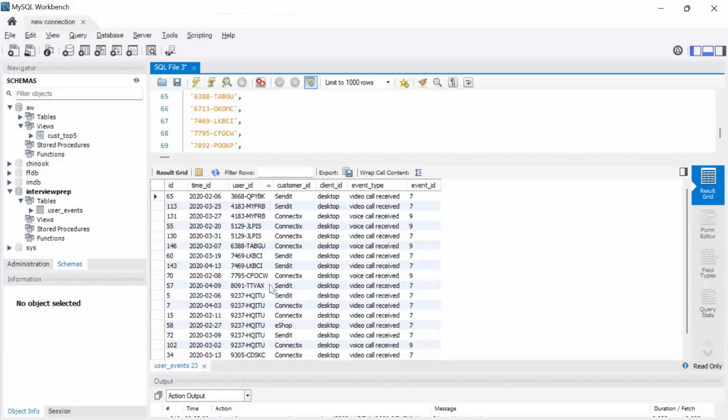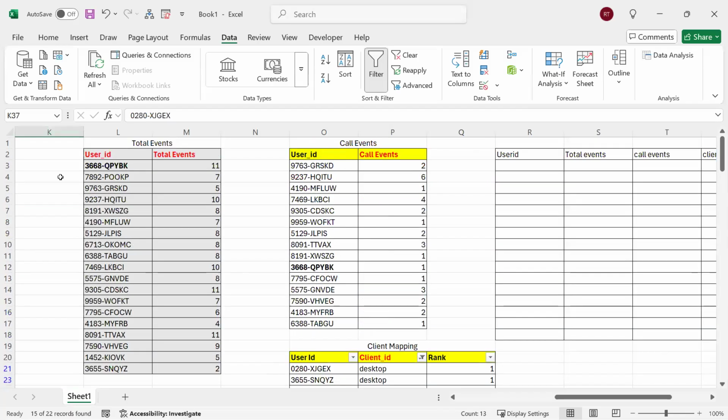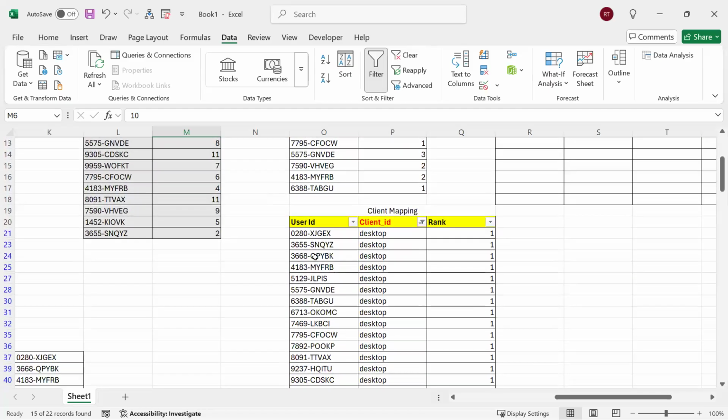इसकी काउंट ज्यादा दिख रही है। राइट? ये बंदा कितनी बार है? 1 2 3 4 5 6 बार है। 9237। ये वाला बंदा, ये लग रहा है मेरे को, ये वाला। परफेक्ट, ये बंदा है। तो इसकी टोटल इवेंट्स तुम्हारी 10 है, और इसकी यहाँ पे कॉल इवेंट्स 6 हैं। तो 6/10 कितना होता है? 60%, जो कि 50% से ऊपर है। तो ये वाला बंदा होगा, और उसने डेस्कटॉप से यहाँ पे तुम्हारी एंट्री आ रही होगी उसकी।